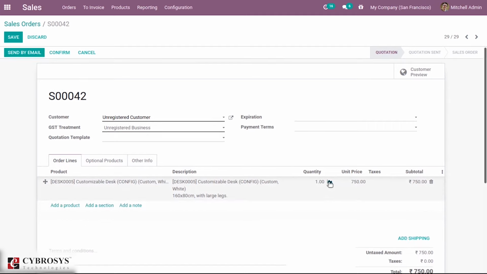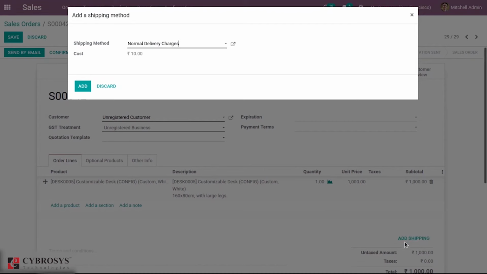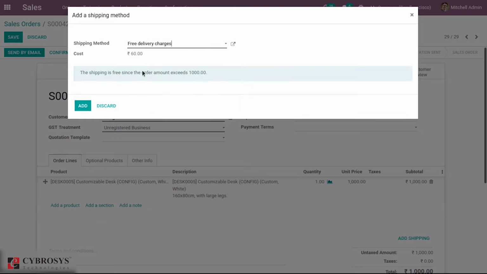Suppose I am adding the unit price as 1000 and add shipping, and I choose free delivery charge, you can see a message shown: the shipping is free since the order amount exceeds 1000.